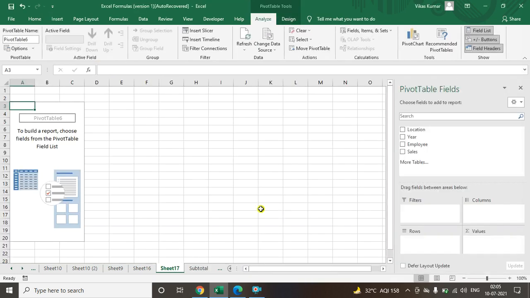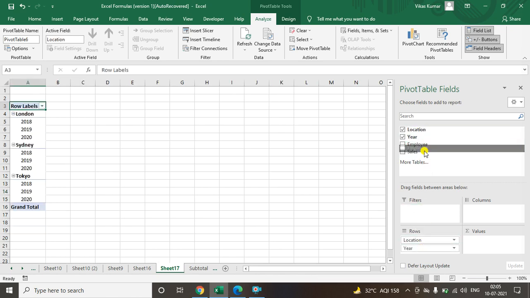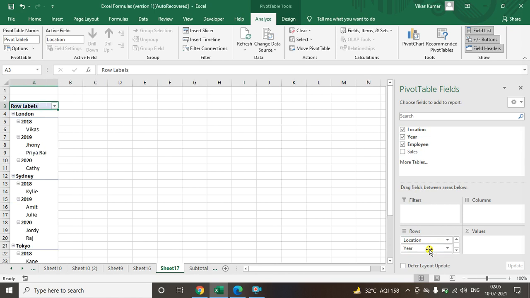Hit OK. The pivot table layout will be shown here, and here are the filters, columns, rows and values. So you can select and drag your data into any of them wherever you want. However, I will drag location into the rows, year into the rows, employees into the rows, and sales will be dragged into the values.